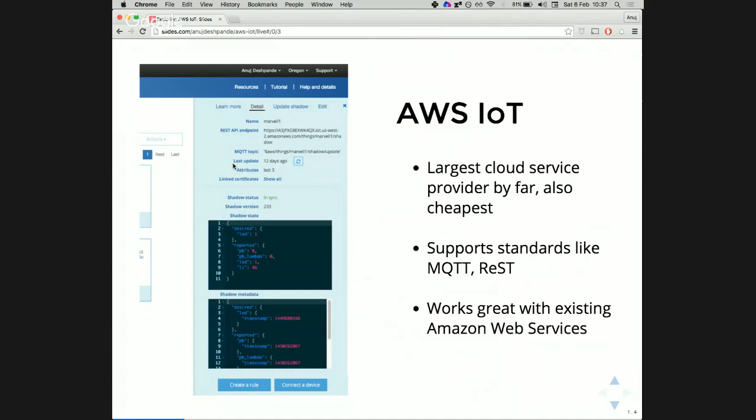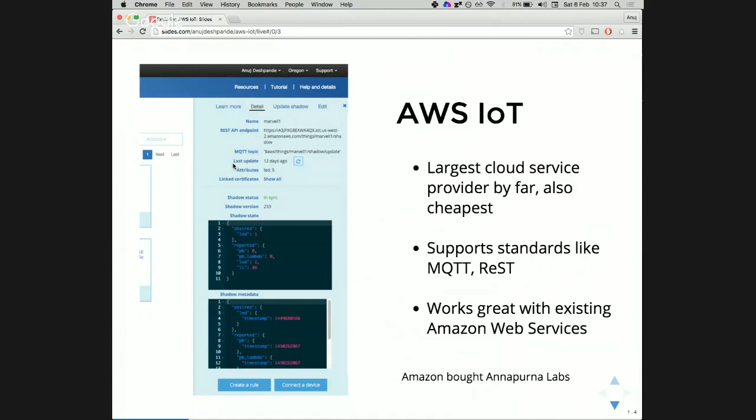Amazon AWS has in itself more than 50 services, including some of the more famous ones like EC2, S3, DynamoDB, and stuff like that. So AWS IoT works very tightly with these services, so that if you already have an existing app or a website running in Amazon AWS and you now want to add Internet of Connected Devices to that, it's quite easy.